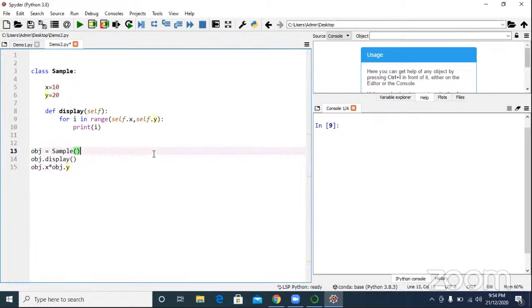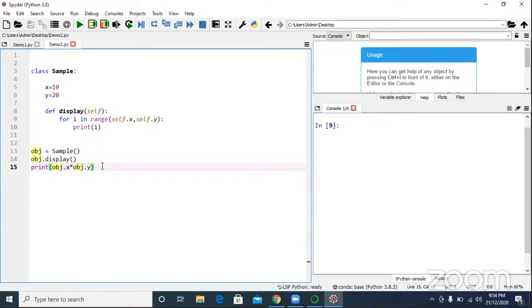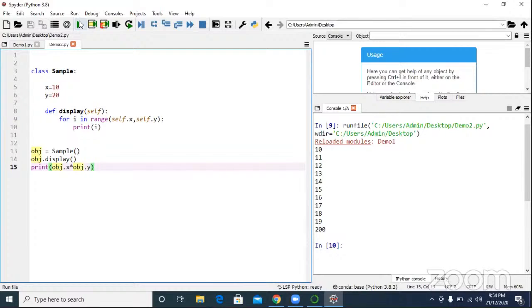Yes or no? Yes, why not? If you have an object, why can't you call the instance variables? Why can't you call the instance methods? Because obj is an instance. Any doubt? You can ask me.